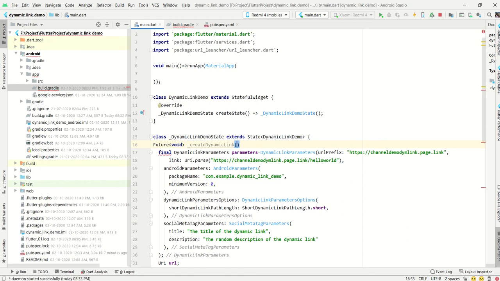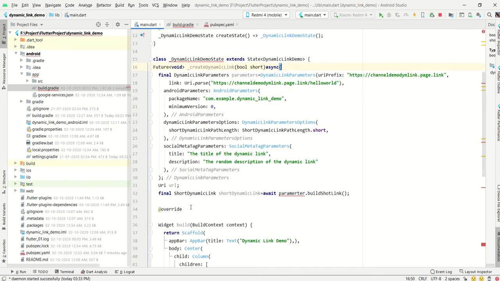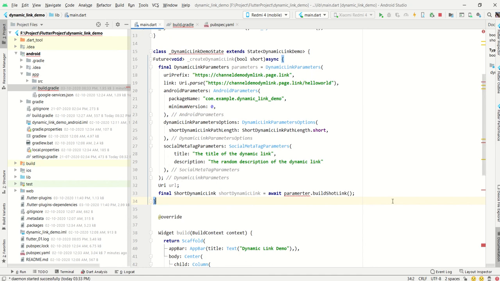And obviously I need to pass one variable that determines whether the link is a short link or a long link. The async keyword is necessary here, and then I wrap the whole code. It was coming with an error, but now this is done.